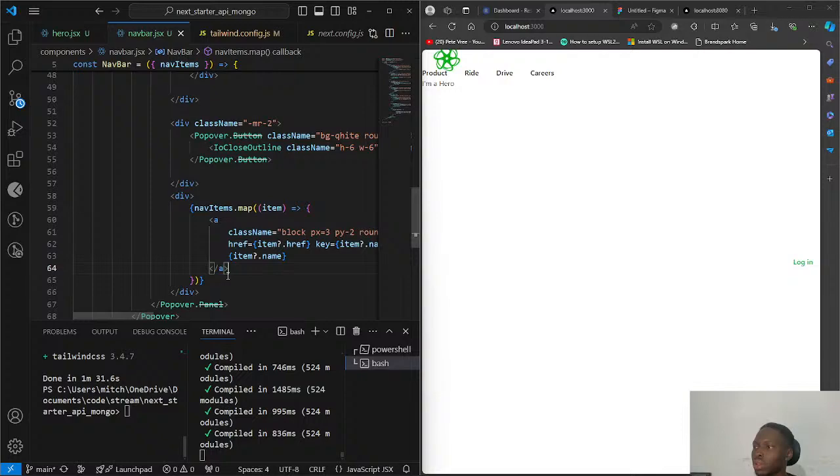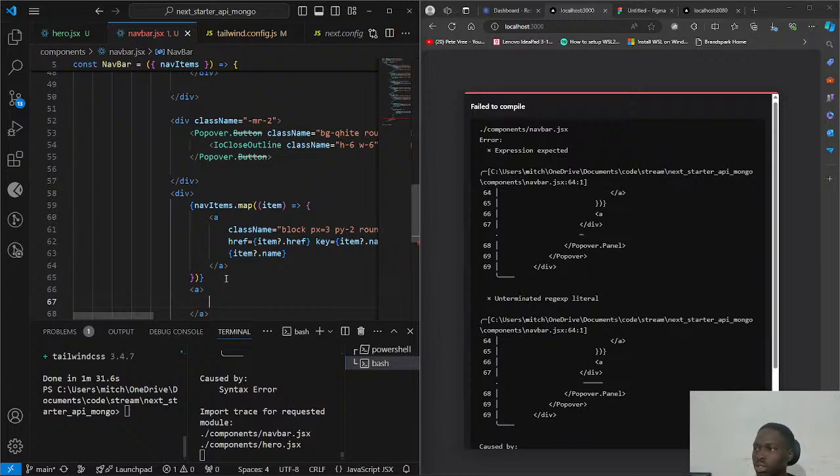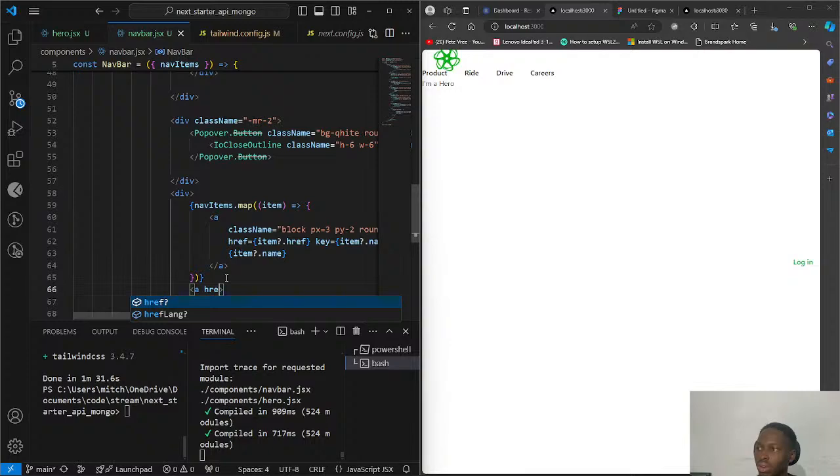Now, finally, we're going to add a login button. I'm going to close this here so that Next.js doesn't throw compile errors. href equals to hash or